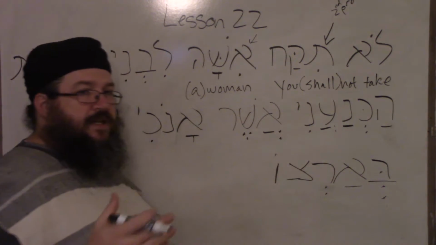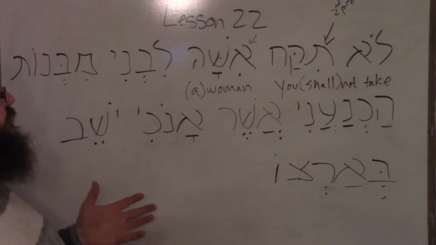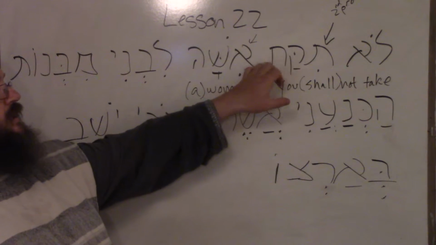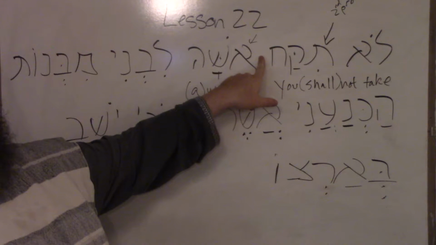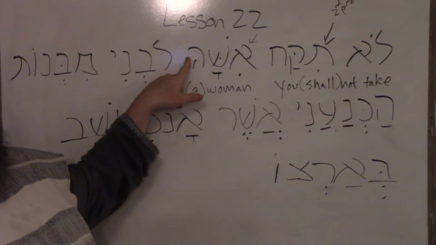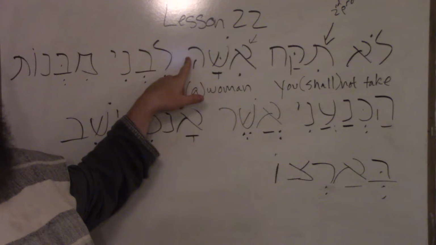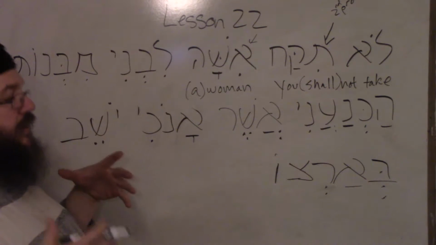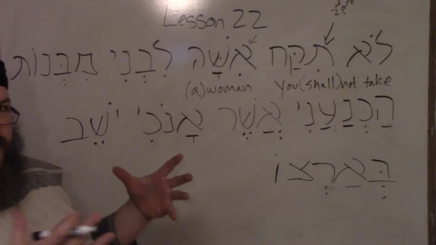Only when we change the noun are we changing the state of the noun. So to make it definite, there are 2 things that we do. Either A, we add a definite article in front of the noun, or B, we add a pronoun to the end of it, and that would make the noun definite. The only other case we'd find as definite is if the noun is a proper noun.